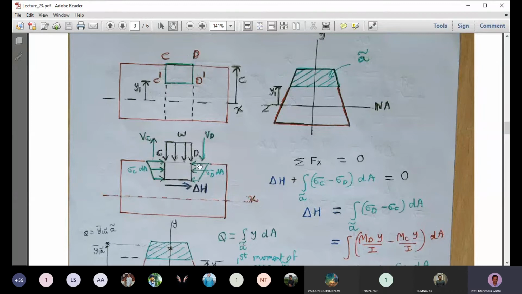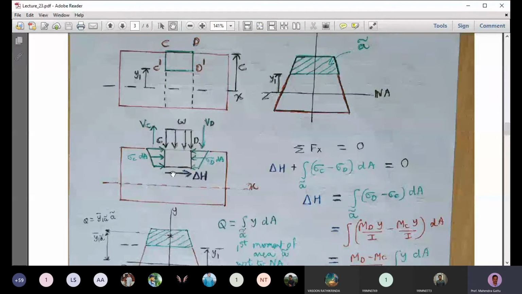and on the right surface positive V is shown in the downward direction. Okay, so our main interest is what is the horizontal shear delta H acting at that surface. That delta H is shown by this arrow in the rightward direction, and we want to find what delta H is. So we will do a force balance in the x direction. All the forces acting in the positive x direction we will find and balance with the force acting in the negative direction.